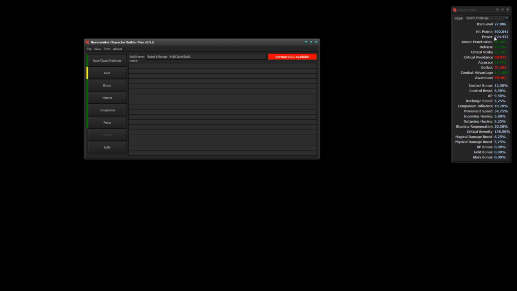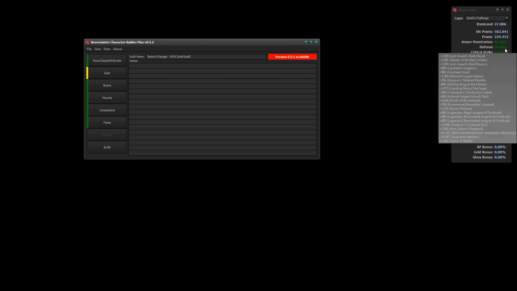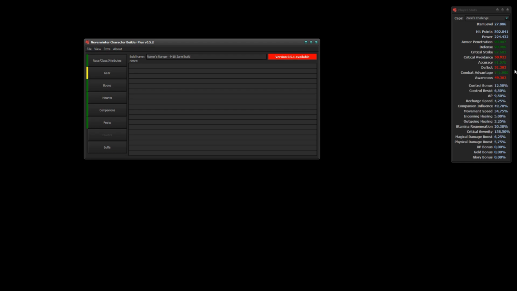We go to 502 and 224k power. And of course the rest is also capped. Defense is still an issue. We still don't have the 400 extra, but that's because we have almost the same build. We still have darks and utility,